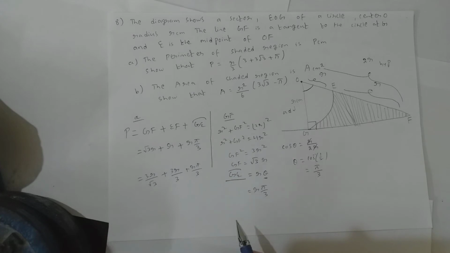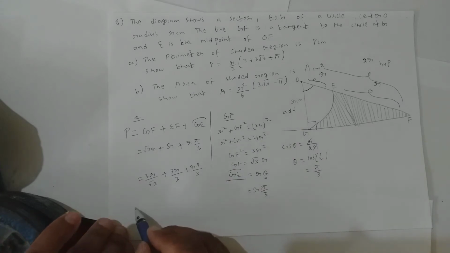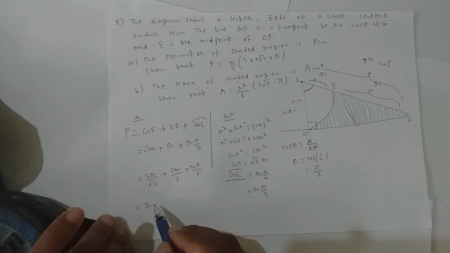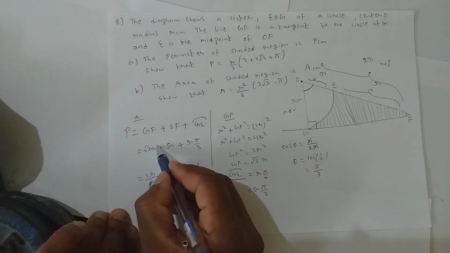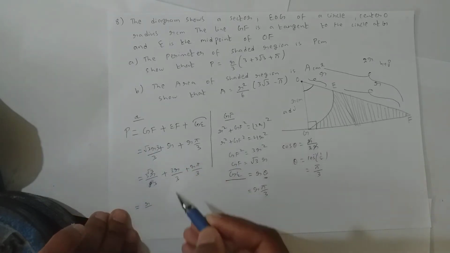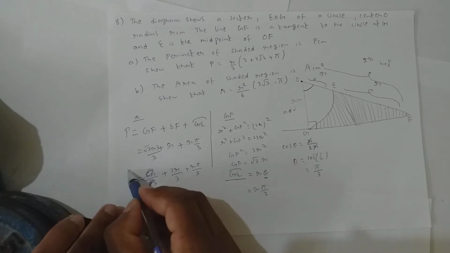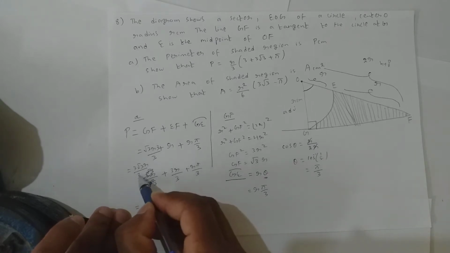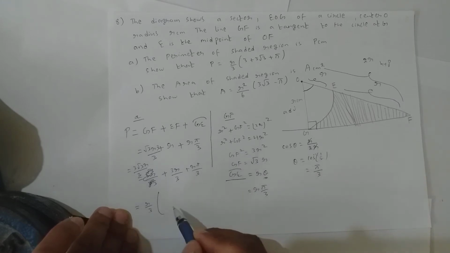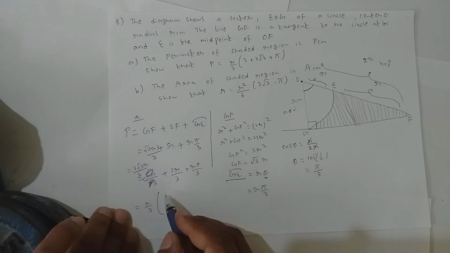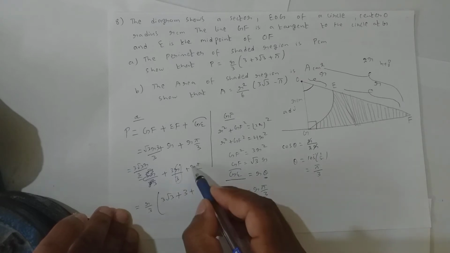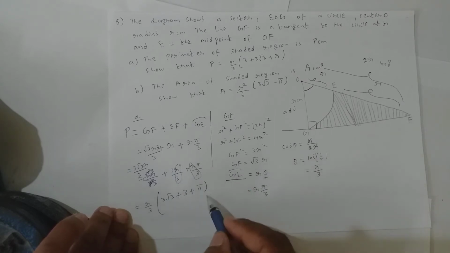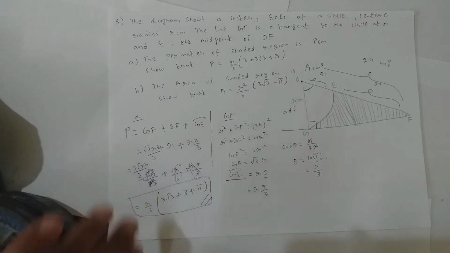Fair enough. Now if I take r by 3 common, now here I want 3, right? So let us just multiply here also 3 and 3. So it becomes 3 root 3 r by 3 plus the same thing. r by 3 is taken out, so left out is 3 root 3, plus r by 3 is gone out, so plus is 3. r by 3 is gone out, only pi is left. That is what he is asking you to show. Am I clear? This is how we need to do.